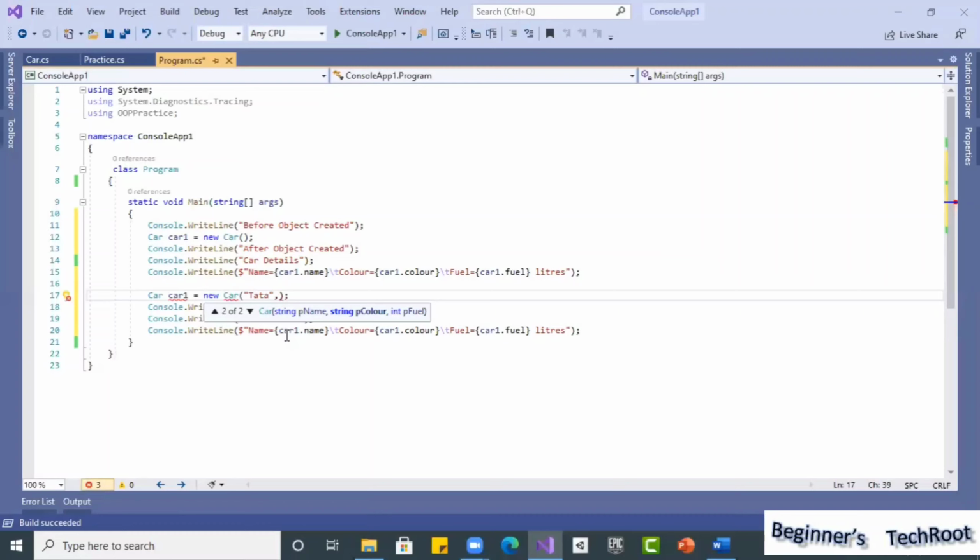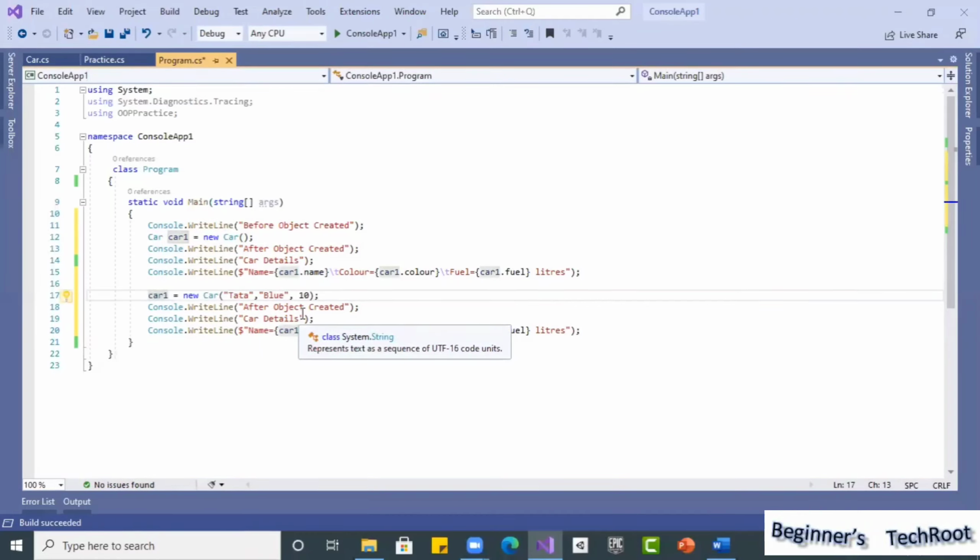See, the second parameter is color. Color I will give blue. Okay, and as an initial example, 10 liters fuel I will give. Okay, so car1 we already declared here, so we cannot use it, we need to give car2 here, or I will just reassign, so that it's okay.